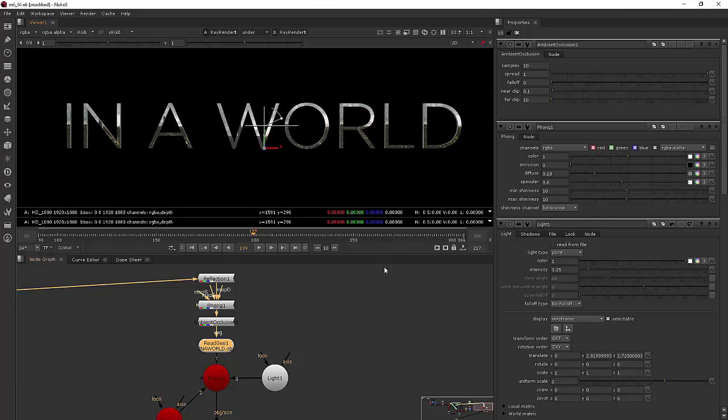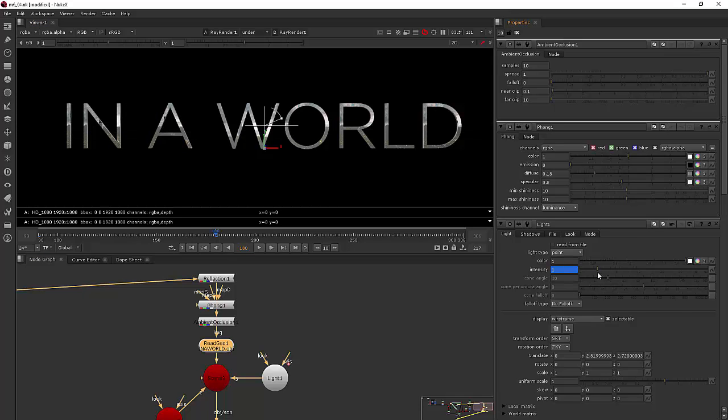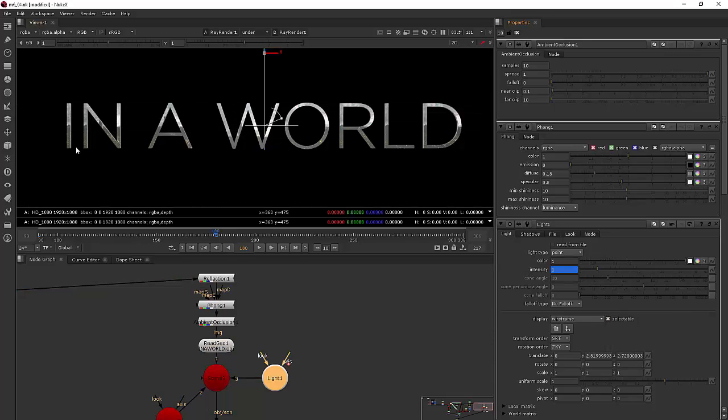So what I'd like to do is maybe add some keys. I think it would be nice for the light to increase the intensity over time. So let's start out at 0, where this is very highly reflective, but maybe slightly hard to read. We can just key the intensity there on the first frame, and then let's go forward to right in there about 180 frames, and we'll increase our intensity to 1. And you can see that this is more readable now, but